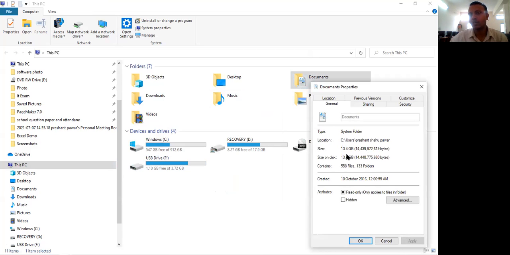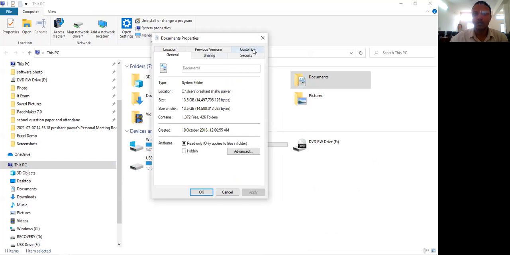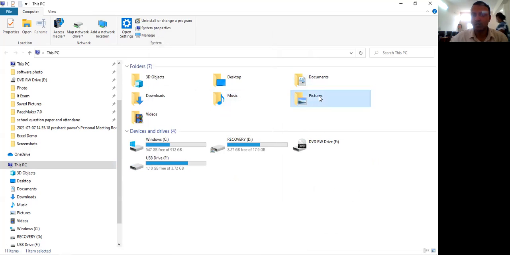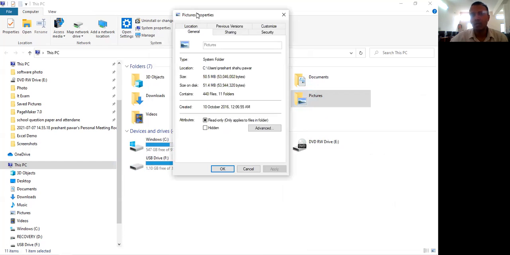Okay, so files, pictures, folders, documents are always shown in GBs. Let's check out the pictures. The picture folder always shows in MB. You can see this picture folder has very low memory. The lowest memory unit is the byte, then kilobyte, megabyte, like this. Here we have converted this memory into megabytes.